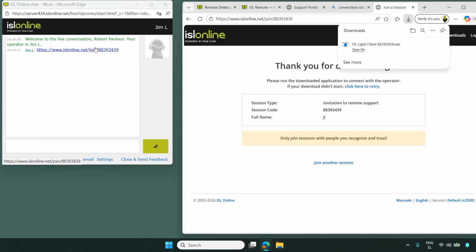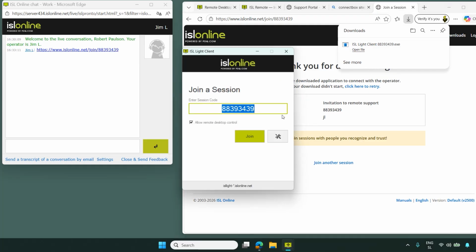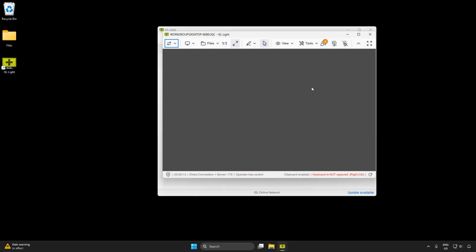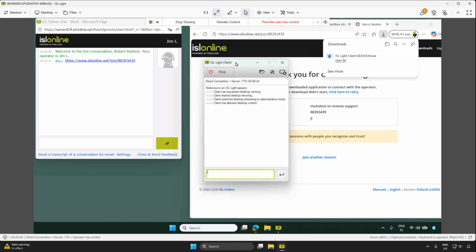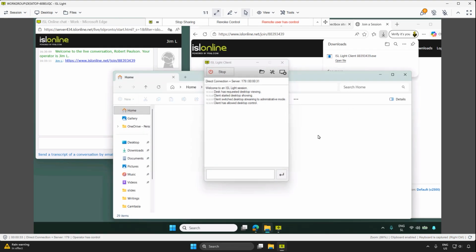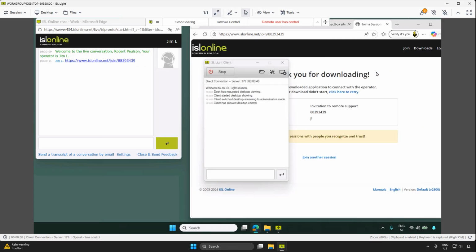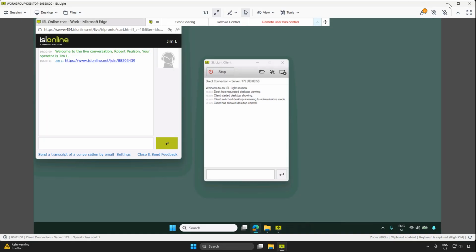The idea is they click the link and a one-time session file downloads. And once the file's open, they click join and we are connected to the computer. We can start moving stuff around. We can go through their file explorer or whatever have you. Go through a great assortment of functionalities that we'll explain in our toolbar video. And once we're done troubleshooting, we can just close the session and we're done.